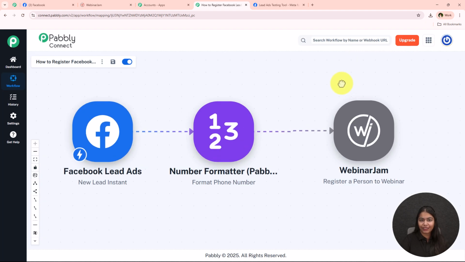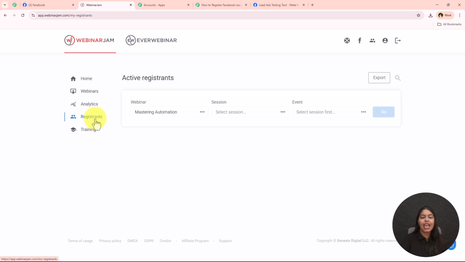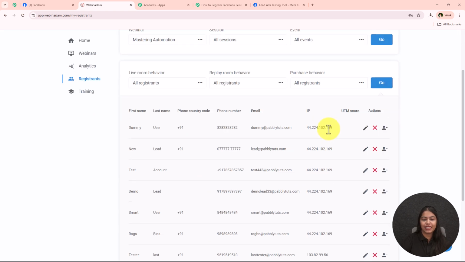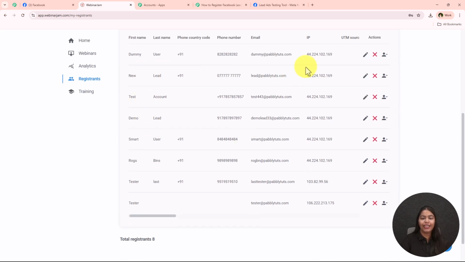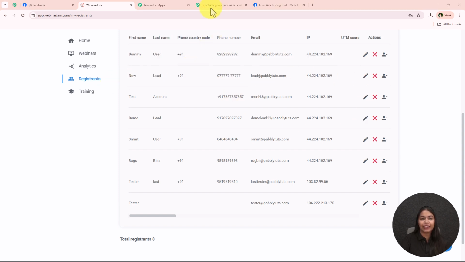Alright, so to check this, I'm just going to open my WebinarJam account, and now from the left hand side, I'm just going to go towards this registrants. And after coming over here towards this registrants, I'm just going to go towards this button which says go, and we're going to see my new lead. You're going to see the first name, the last name, the phone country code, the phone number and the email address. So yes, you can see that we have successfully registered this new lead from Facebook in our webinar,